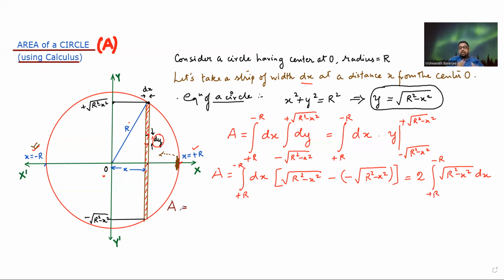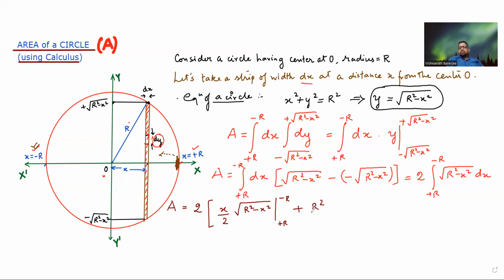It is the radius of the circle. So this 2 I will write as it is, and it will be x by 2 under root of r square minus x square. And now the limits of x will be put, that is plus r to minus r,